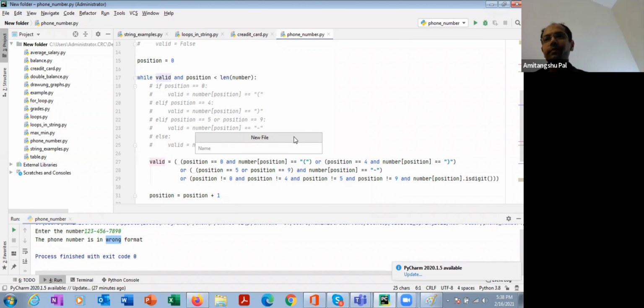So next we are going to learn the use of loops for doing some random experiment. We are going to learn how to generate random numbers in Python programming, and then using those random numbers we are going to learn some examples regarding random experiment.